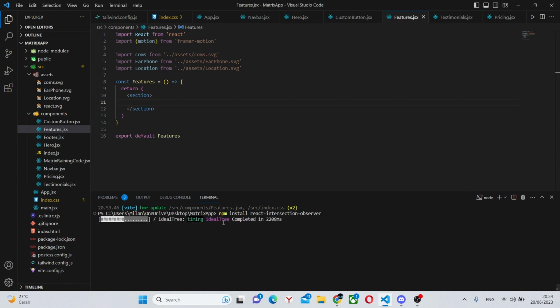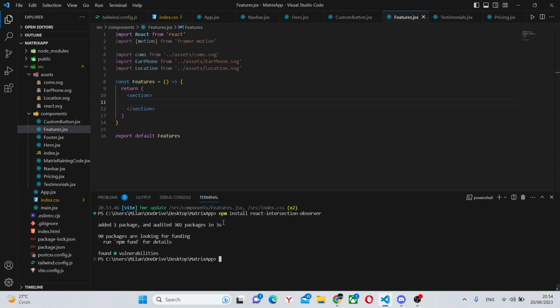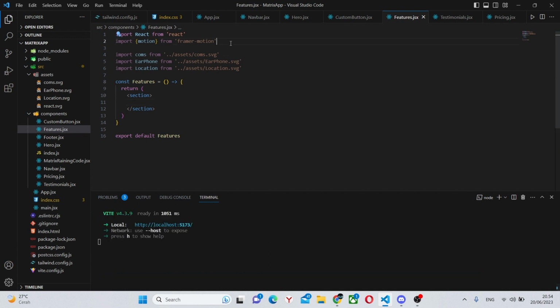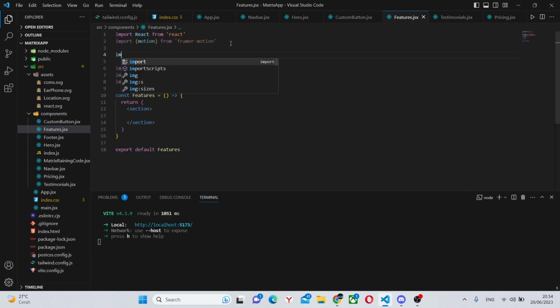This will allow us to see if the element is in view. So now we can run the application again and remove the terminal. And while we're doing that, we can say import useInView from React intersection observer.